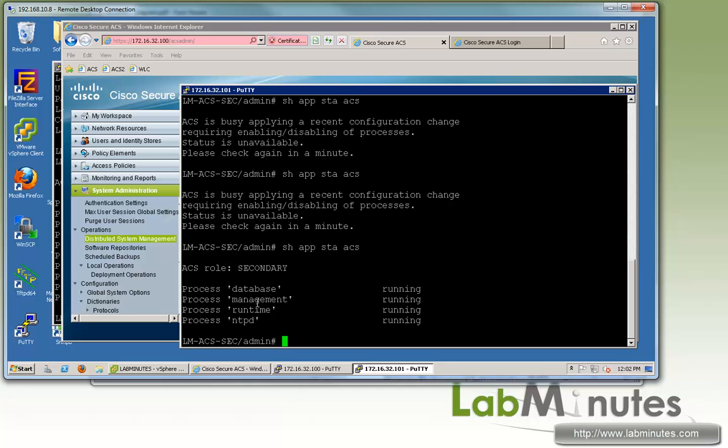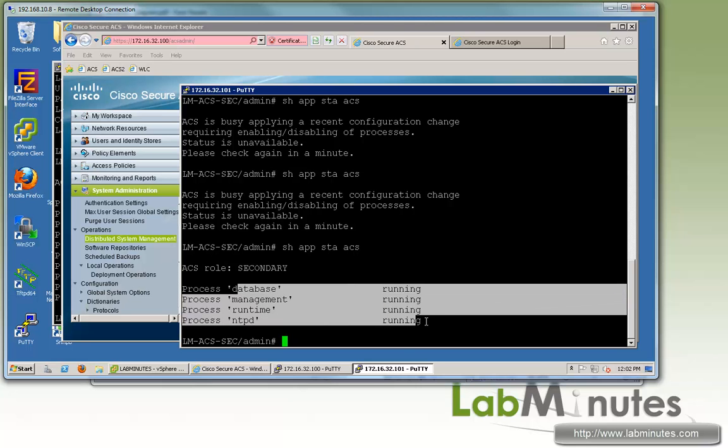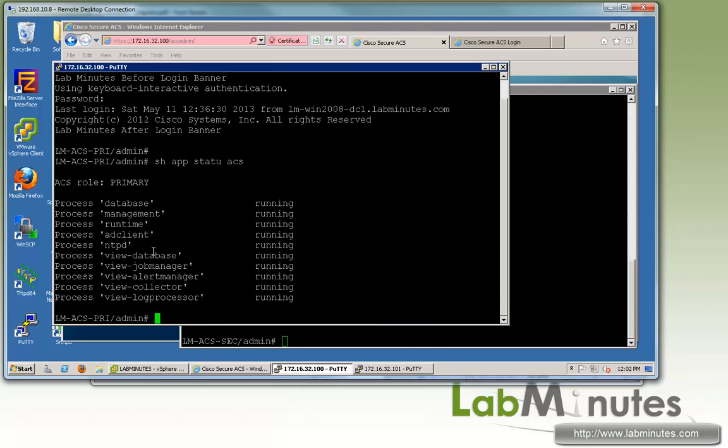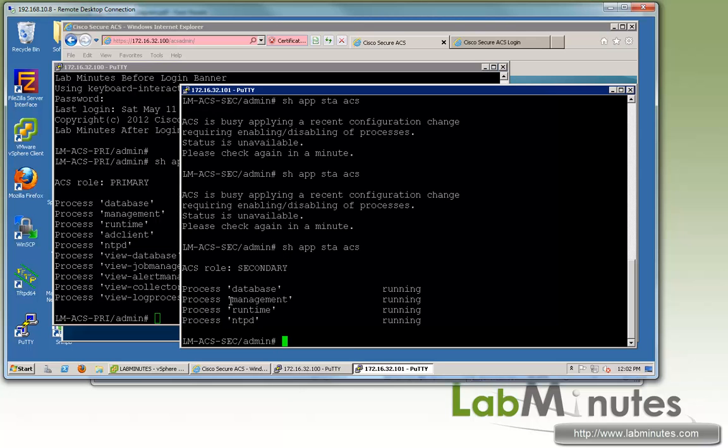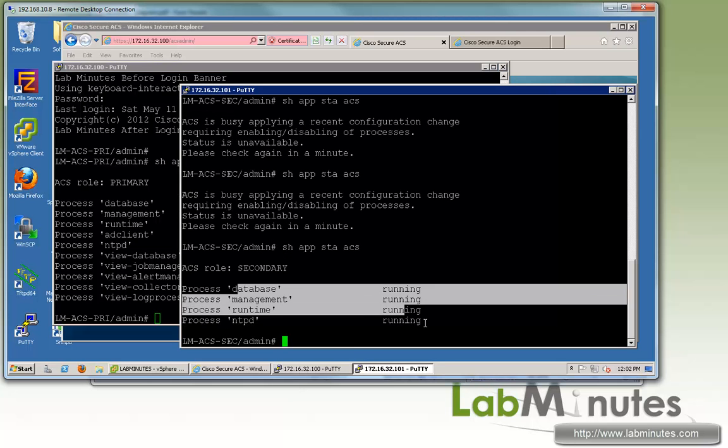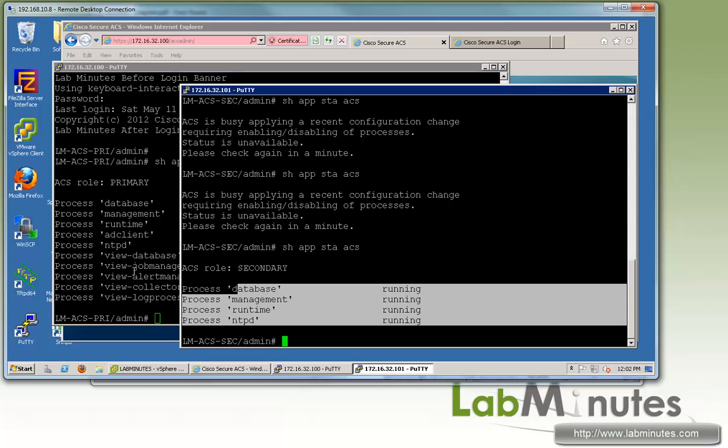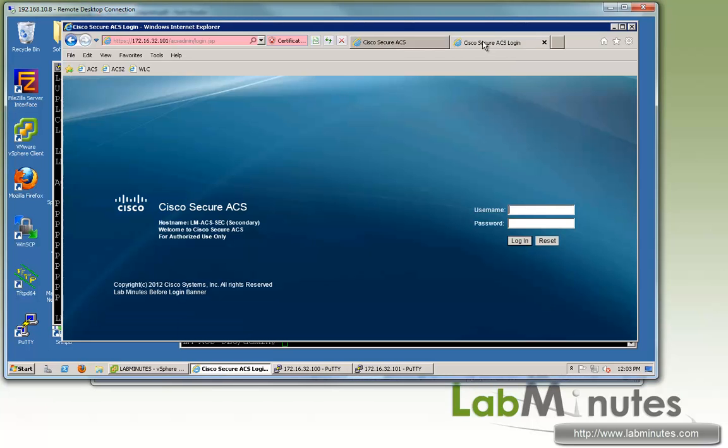on the secondary ACS, you can see if you do again show application status ACS, all of the services are now running. Although when you compare that to the primary, you can see the number of services is far less. It's almost half of the number of services, and this is because the majority of the functions are being run off the primary. So let's log into our secondary ACS